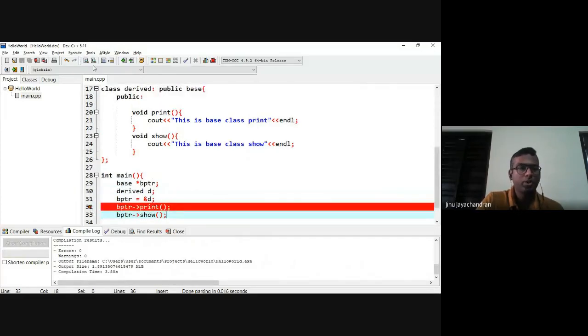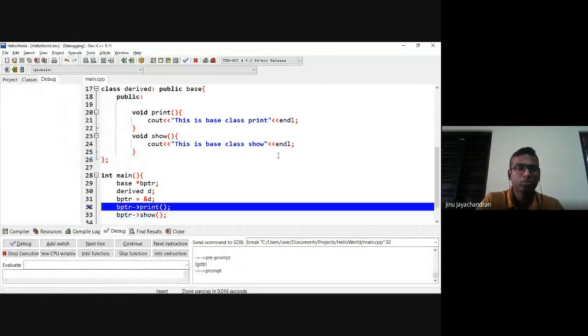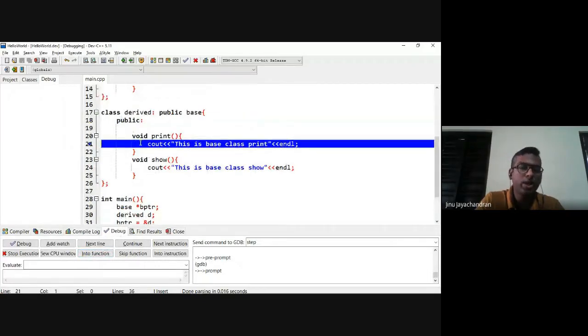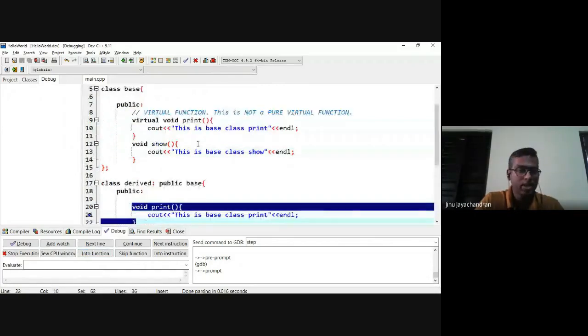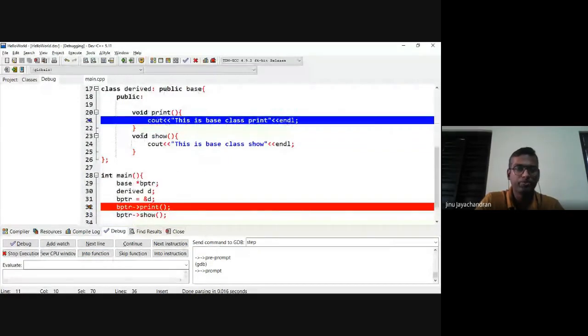Now let me just put a breakpoint here and debug. So if I go into this function, it is going into the derived class print function, not in the base class print function. Okay, and it will just come out of that.